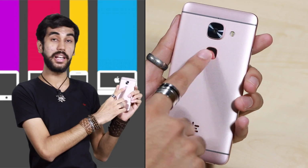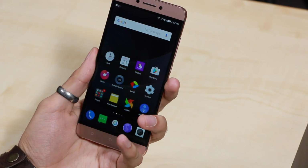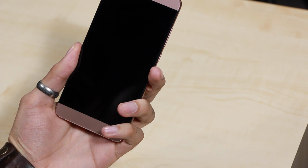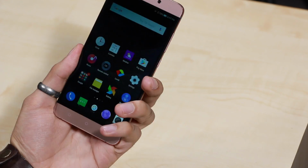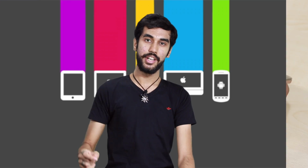Also, there's a fingerprint scanner on the back. The fingerprint scanning was slow throughout my review period. However, recently, it even stopped accepting my fingerprints. So that may be a case of a faulty product than a faulty feature. But I'm not yet done with the designing. There is one more thing that you need to know about the designing, and that is the phone does not